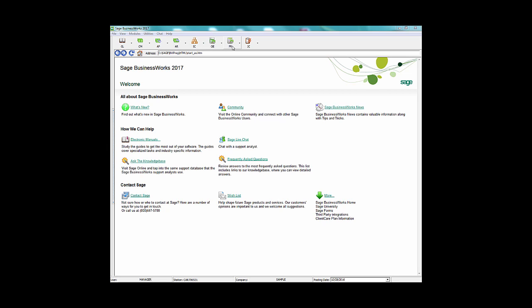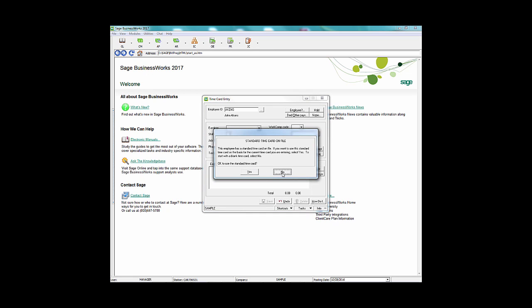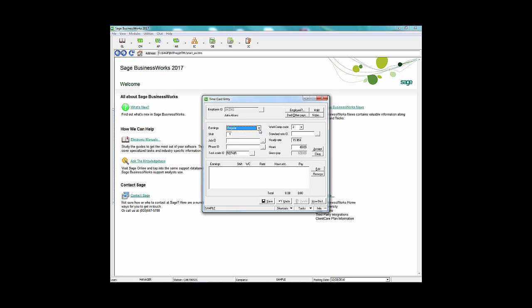Now let's talk about how we would manually calculate a bonus check when the employee decides that they do not want any federal or state income taxes withheld from their paycheck, only the percentage-based Social Security and Medicare. We're going to go into our time card entry. I'm going to bring up my employee Aikens. I do not want to use my standard time card. I will find my other pay bonus, and I'm going to make it